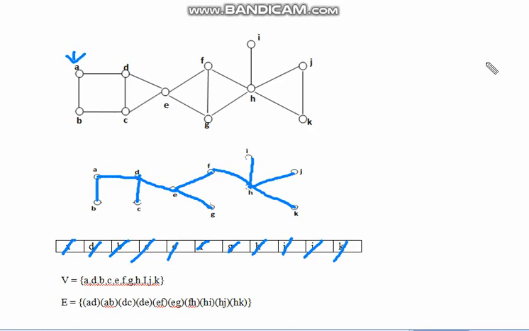so your process is stopped. Now check. In this graph, n vertices are there and n minus 1 edges, that means 10 edges: 1, 2, 3, 4, 5, 6, 7, 8, 9, 10. Okay, and there are no cycles. Then this is your output of BFS graph traversal. I hope everyone understood BFS.